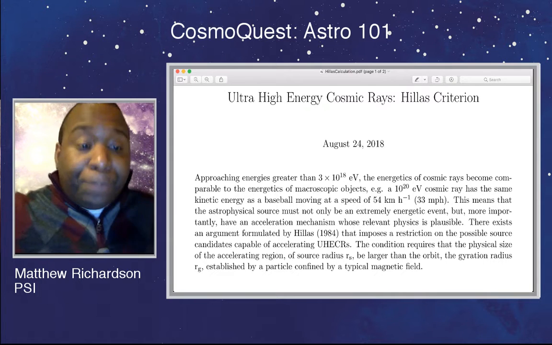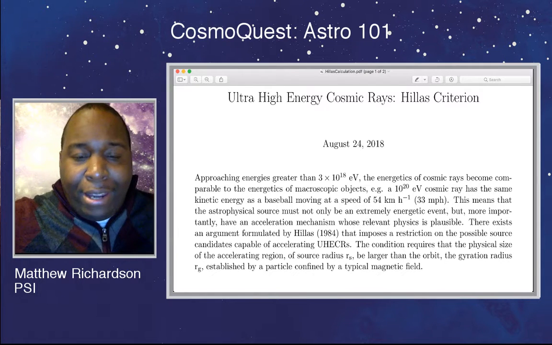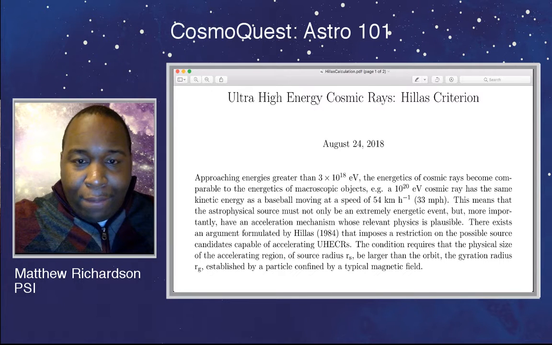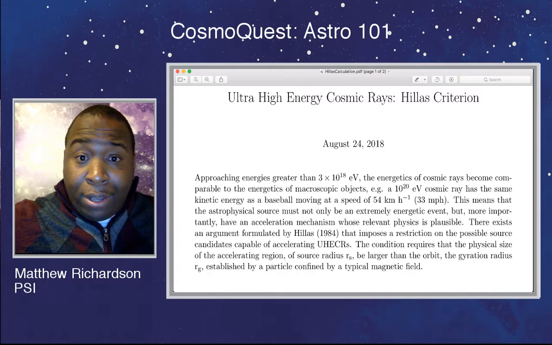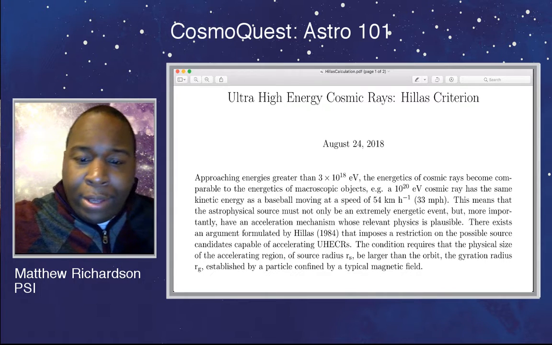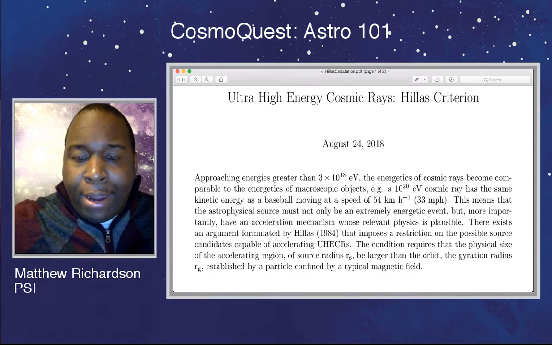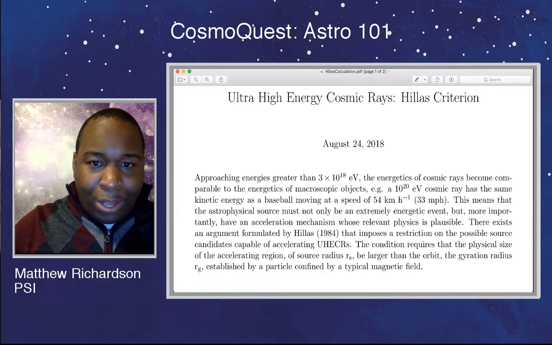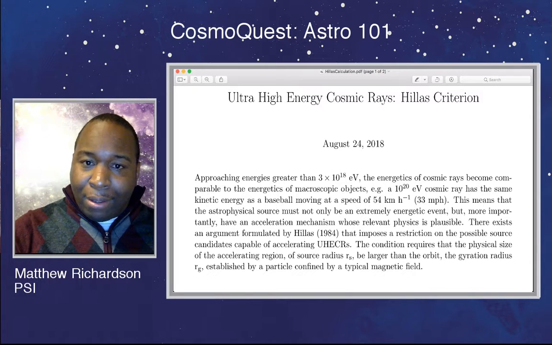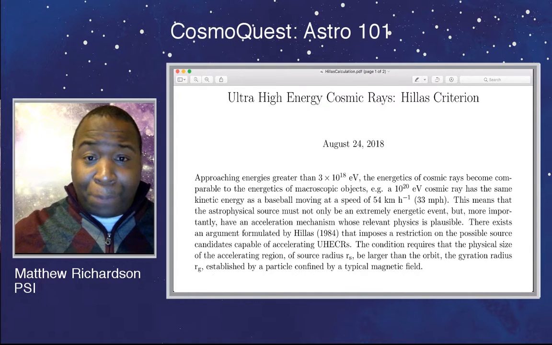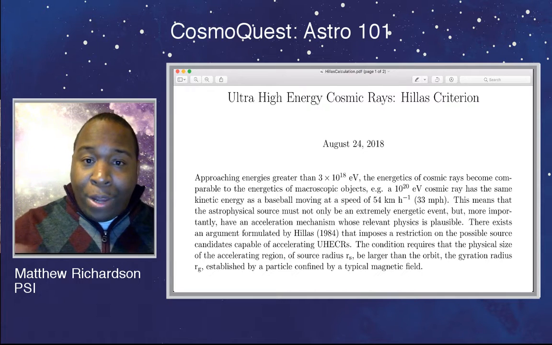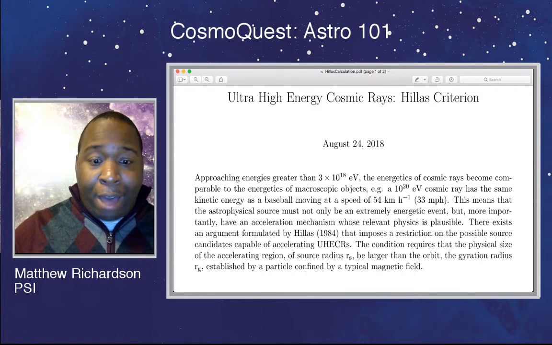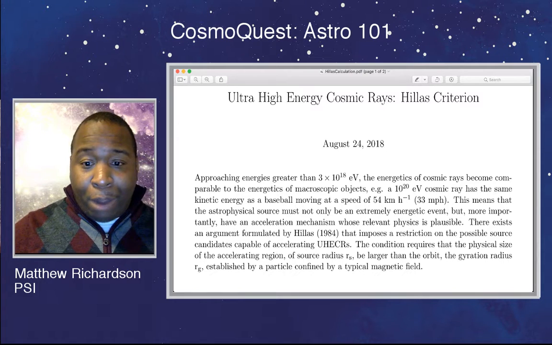All right, so the idea we should get here is that we're observing these really high energy particles here at Earth, and some of the particles are exhibiting energies on the order of 10 to the 20 eV. A while ago, I did a really quick calculation, and if you were to take a cosmic ray that has an energy of 10 to the 20 eV and assign that energy to, let's say, a baseball being thrown, well, that would equate to a baseball having a speed of 54 kilometers per hour or 33 miles per hour